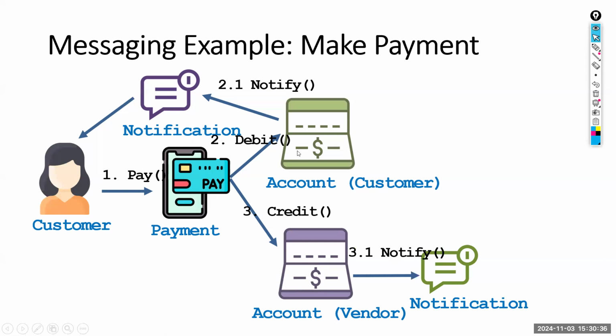You can see a set of objects: customer object, payment object, two account objects, same class, two different objects. This is for your account, this is for the receiver's account. Assume it's the same bank. Of course, if it is two banks, there are web service calls and other things also. So this is a very simplified way of showing how a particular transaction is done. This involves the customer class, payment class, account class, two objects of the account class, two objects of the notification class, and so on.